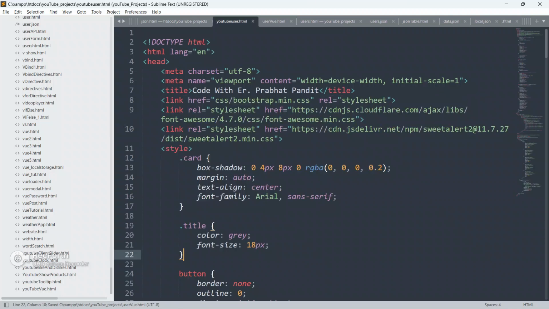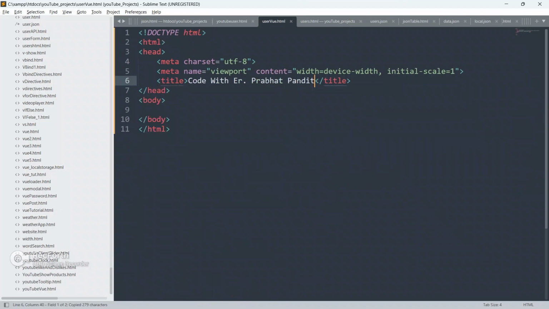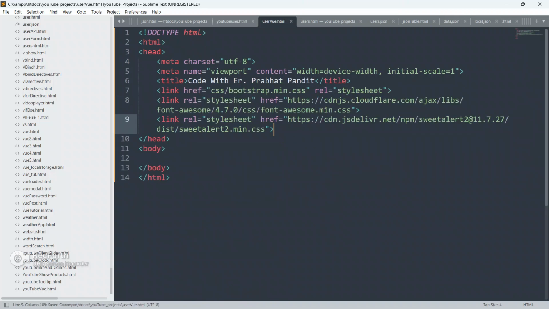First of all guys, let me just copy some of the files from the example. Okay, and I will explain to you what this file is all about. So just paste it here. So guys, as you can see here, this is the CSS file for bootstrap.min.css, and it is in the folder known as CSS. Okay, and here you can see this is the CDN link for Font Awesome, as you can see, Font Awesome.min.css, and this is the CSS link for Sweet Alert 2, as you can see here, Sweet Alert 2.min.css. Okay, and nothing else.